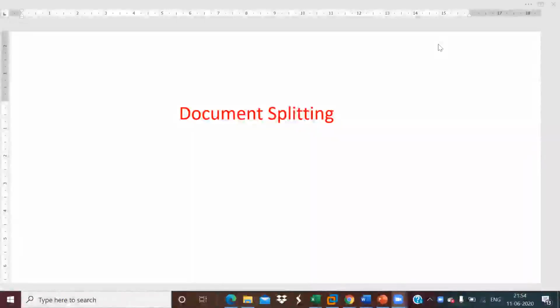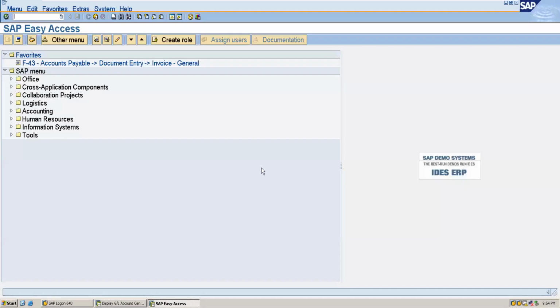So hi all. In this session, we will discuss about the document splitting. So with the help of the document splitting, we will be able to split the document according to the characteristics we are defining. So I will show you the configuration. So here I am going to define it as I want to split the document as per the profit center. So I will be defining according to the profit center. We will go to the implementation screen,